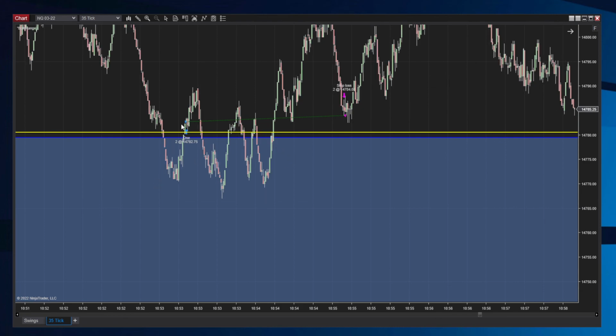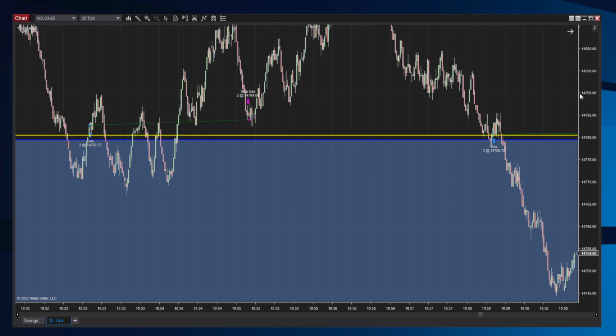So it got long right here. It went up a little bit, but the break-even, this was not 50 ticks, because if it was, it would have gotten out here. Pulled back, went into the green, still not 50 ticks, because if it pulled back here, this was our entry, it would have taken us out. Then at this point, it moved